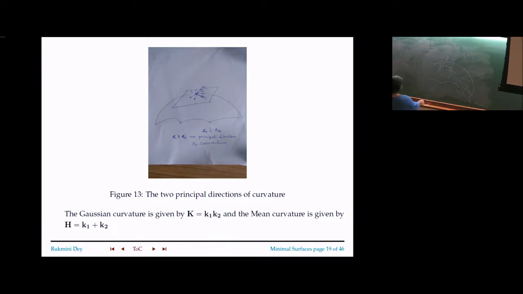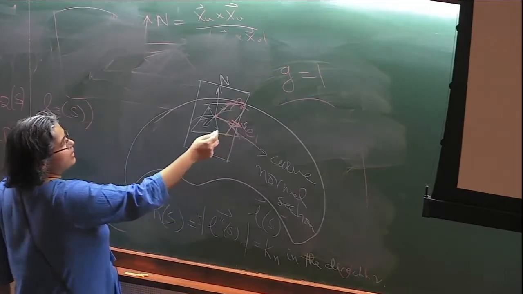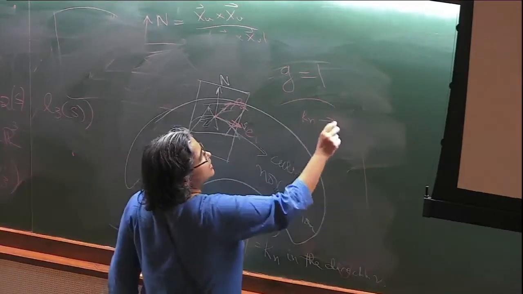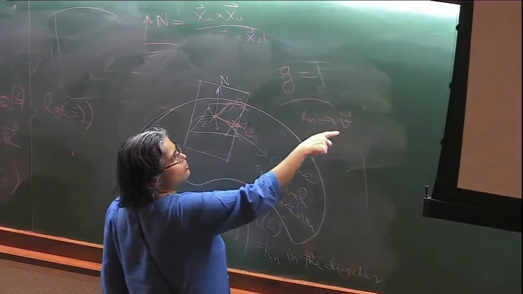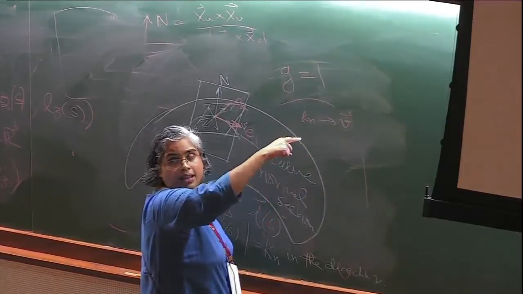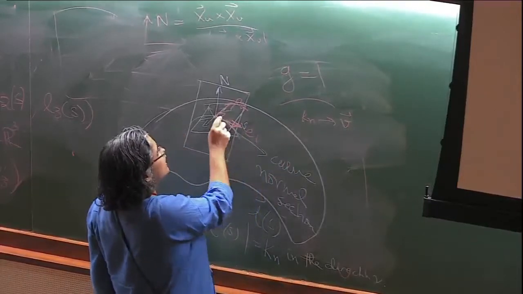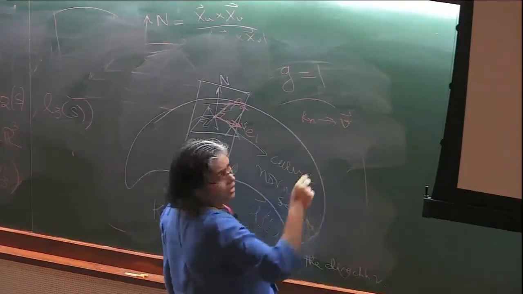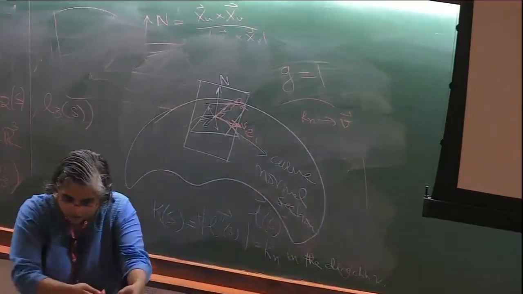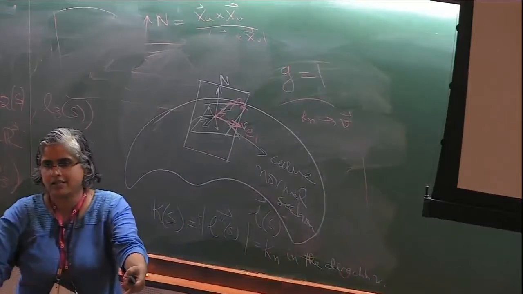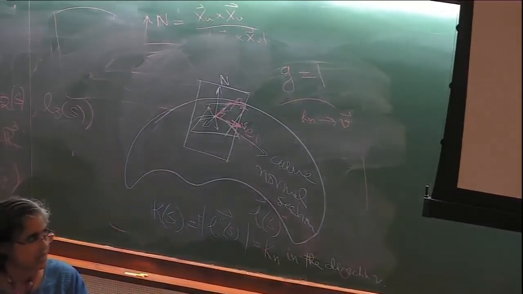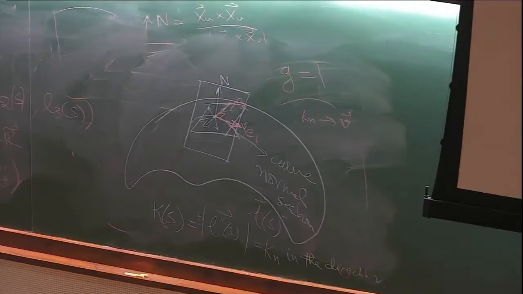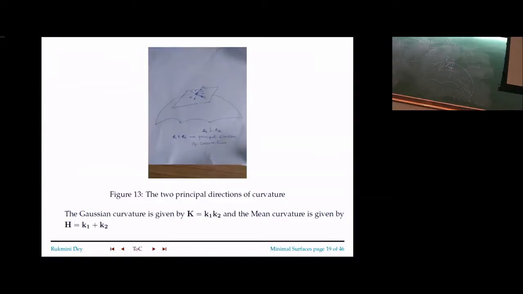There are going to be two special directions, call them E1 and E2, where Kn, which depends on the direction, is maximum and minimum. What one finds is there are two orthogonal directions in the tangent plane such that Kn is maximum and minimum. These two directions are called the principal directions of curvature,